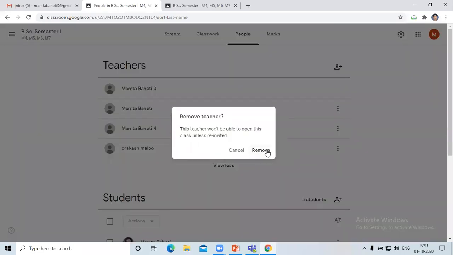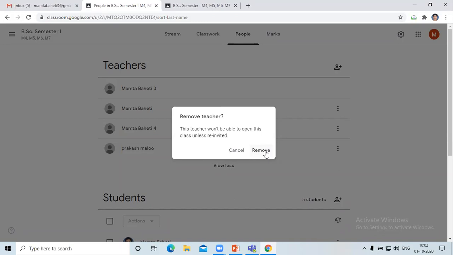This particular teacher, when removed, cannot join the class unless she or he is invited, because we changed the class teachers. So it may be the thing for one class you have assigned some teacher, and after that particular session is over, or after the syllabus is over, you need to switch over that teacher to some other class.